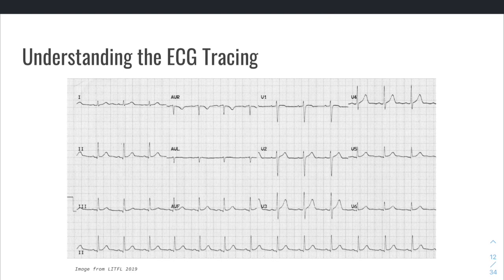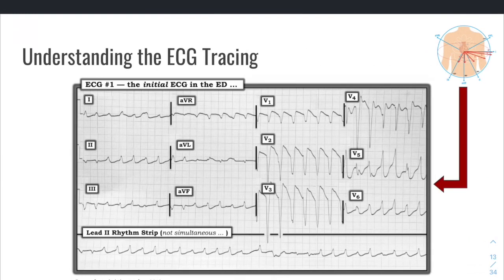So you see something like this. This is your standard ECG, and you think, what do I do? And you panic and you don't know really where to go with this. So let's break up and dissect the ECG a little bit. The first thing that we want to point out is that there's a top half and a bottom half. You can automatically cut it down at the bottom and know that this bottom section is what we call your rhythm strip,